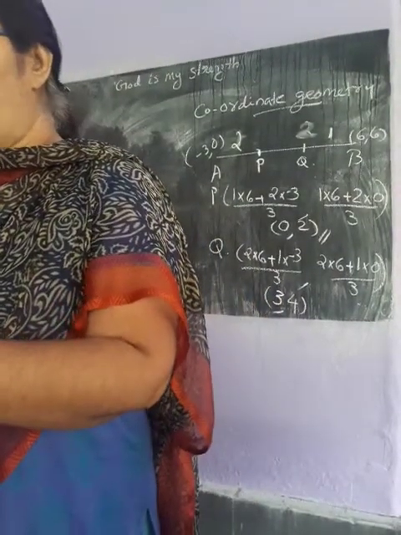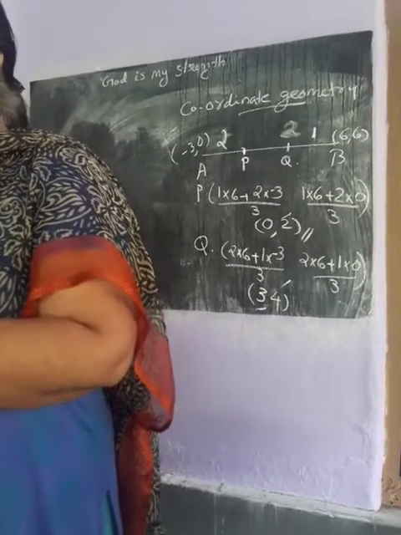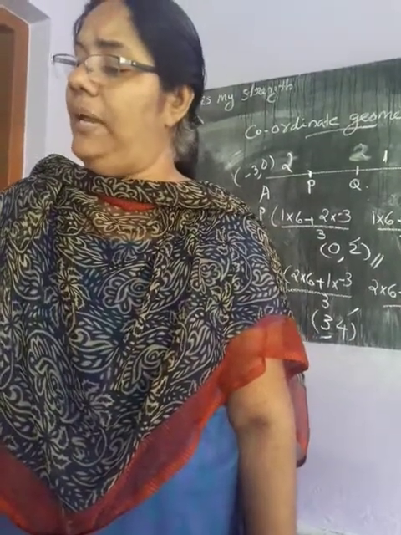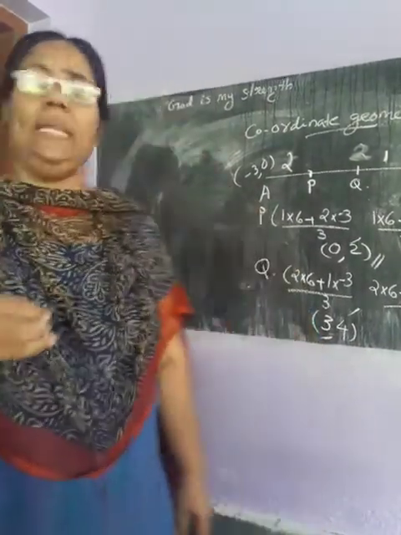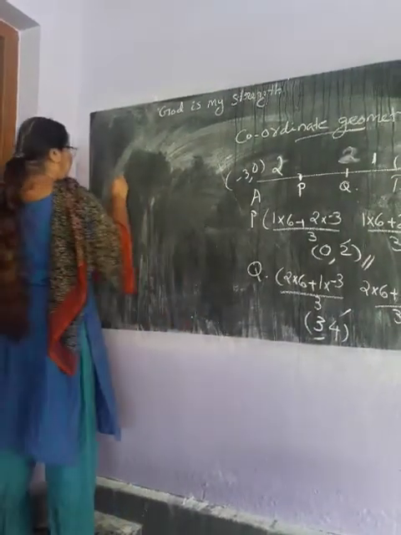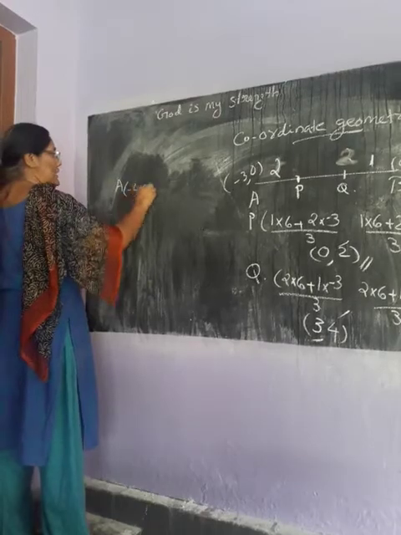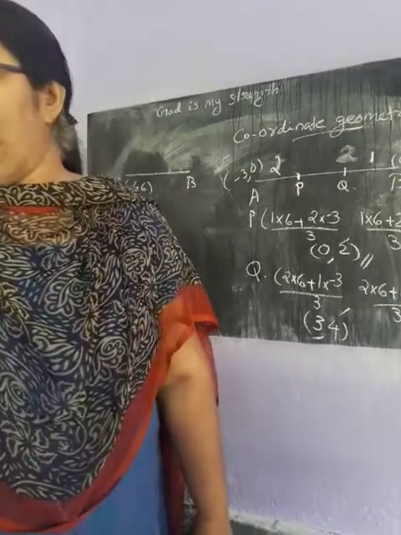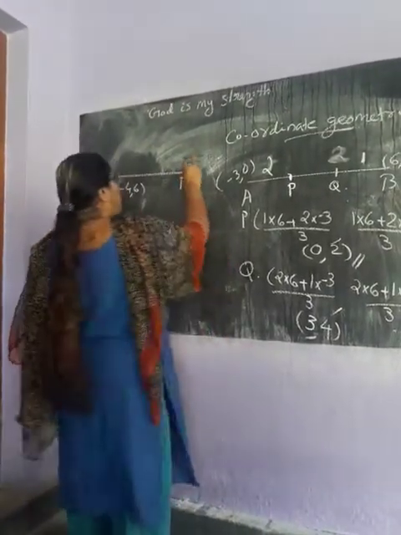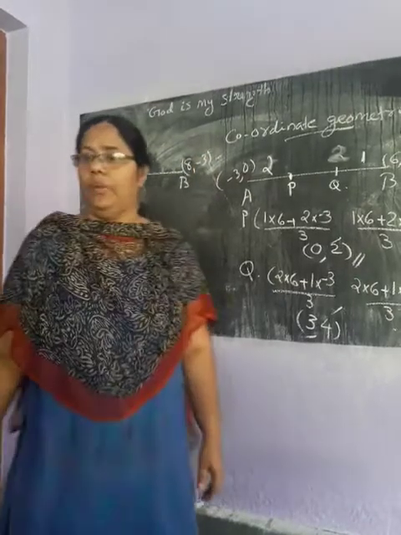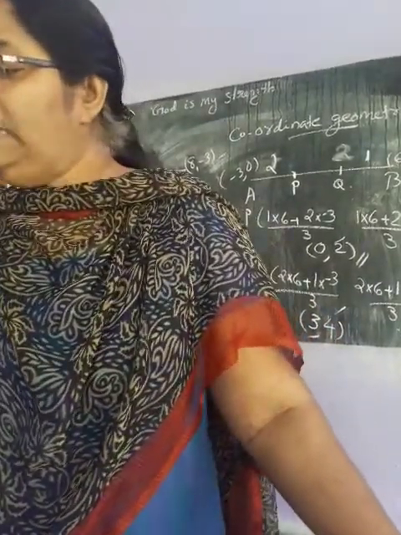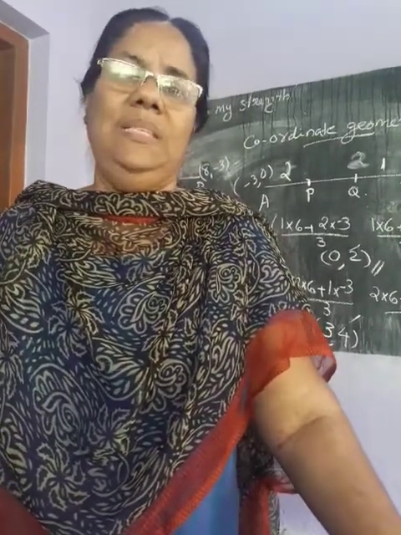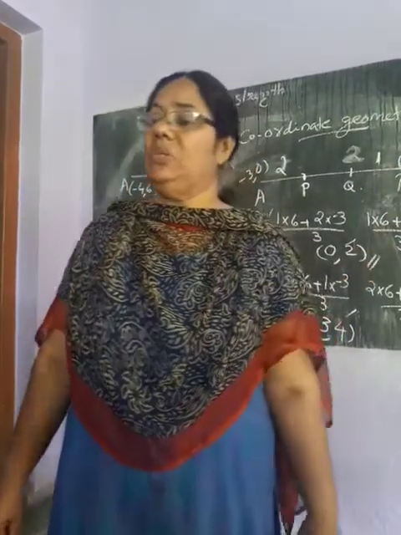And one more question, that is question number 25. Given a line segment AB joining the points A(-4, 6). That's the point A. A is (-4, 6) and B is, read the question, B is (8, -3). The first part is, find the ratio in which AB is divided by the y-axis. This is a repetition of the first question. Understand?